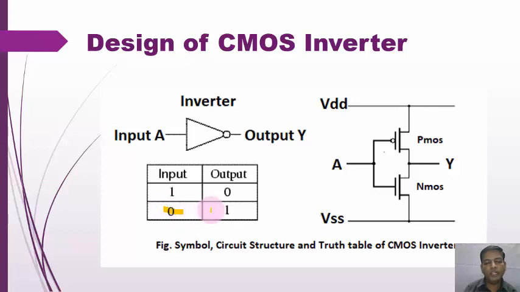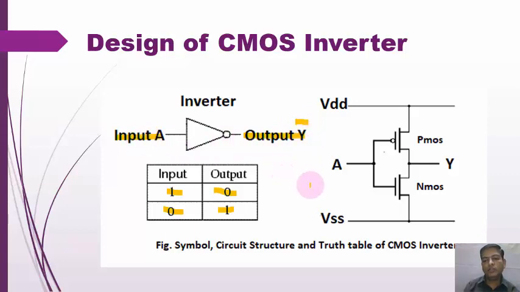If you apply 0 input, you may get the output as a 1. If you apply the input 1, you may get the output as a 0. So here input A is there, then the inverter symbol, then a bubble, and then output Y. This is the symbol of the inverter. Many students cannot draw the circle and simply draw the triangle. But always keep in mind, for an inverter you must show the bubble, because it is a complementary function. Complementary function means Y is always bar: input A, Y is equal to A bar.